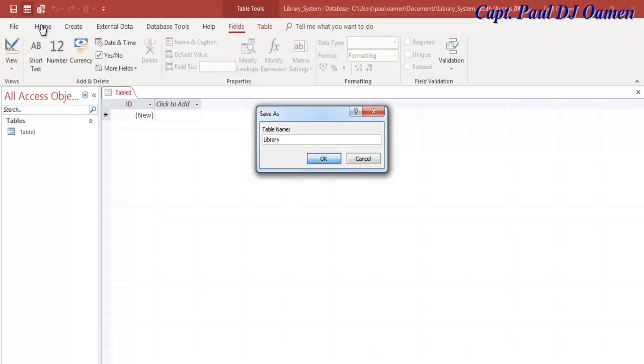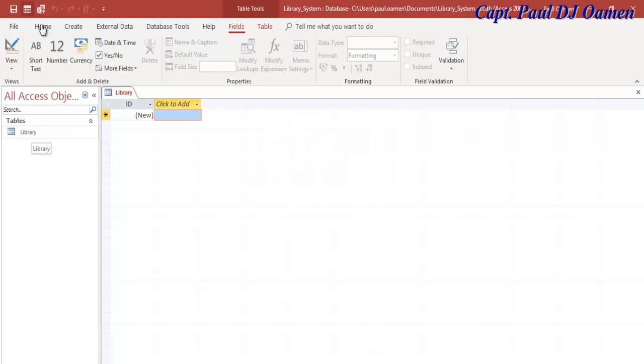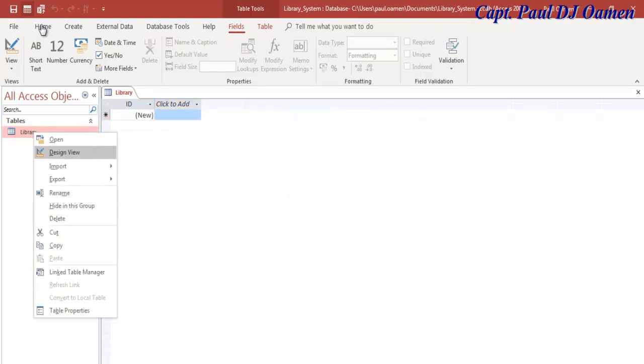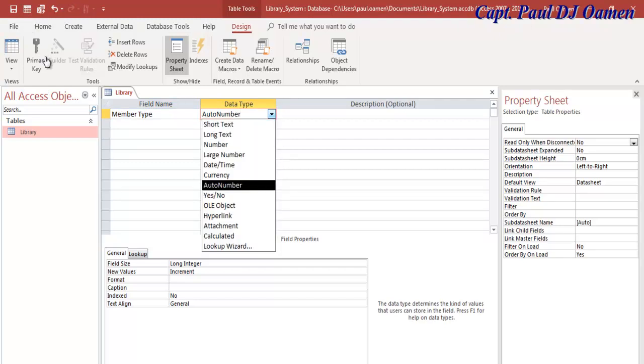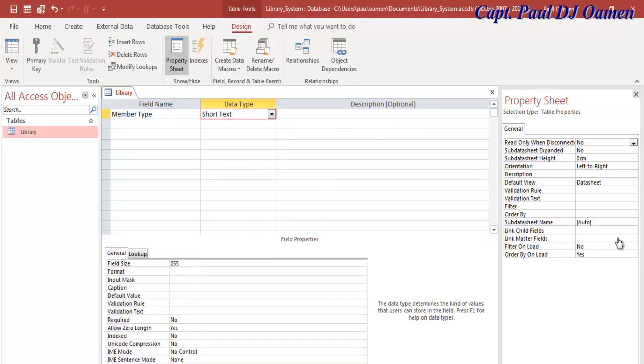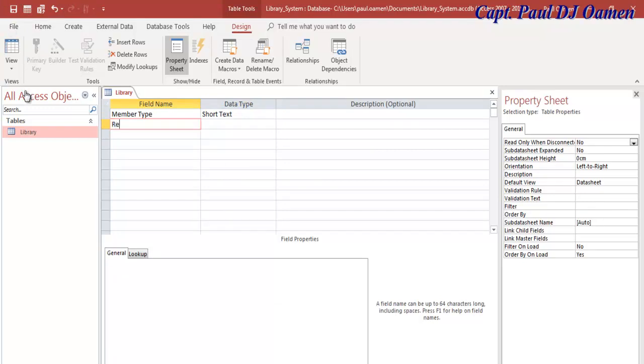There we go. And now that the library table is saved, I'm going to right click and select design view. And right in there, let's get rid of this primary key for now. So that's going to be members. Enter member type there. And I'm going to change the data type. I believe you know the meaning of data type, so I don't need to be explaining that. And the next one is going to be the reference number. There we go. Then we have title in here,